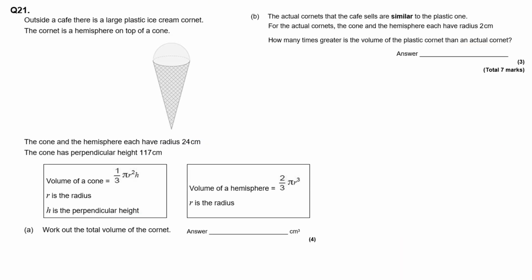21. Outside a cafe, there is a large plastic ice cream cornet. The cornet is a hemisphere on